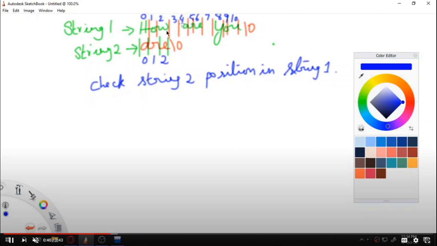Likewise it goes on, and at one stage you find that string 2 of 0 is equal to string 1 of 4.